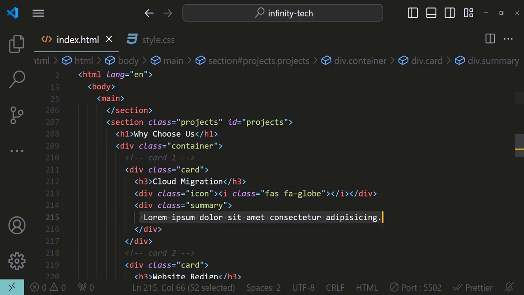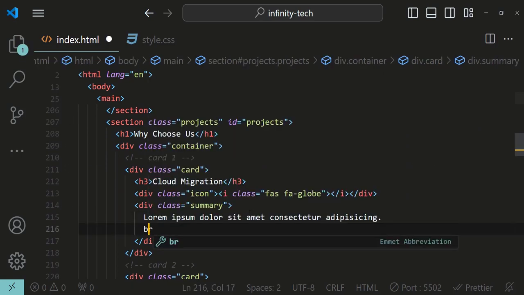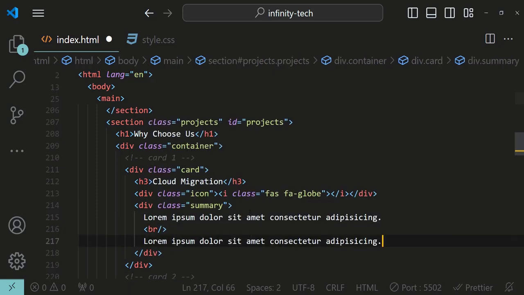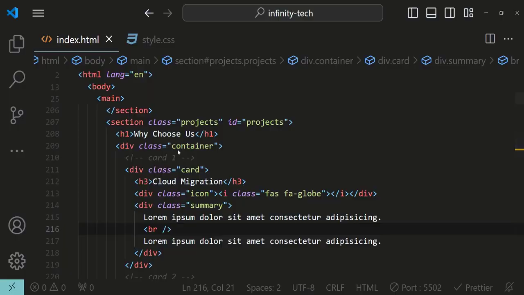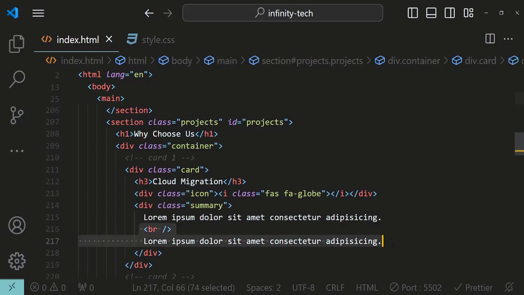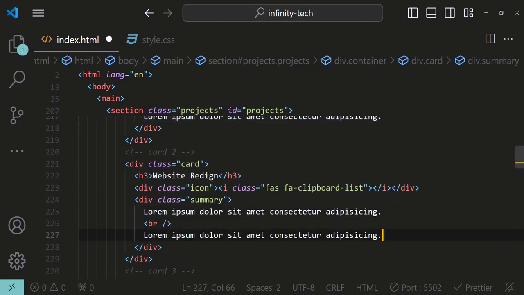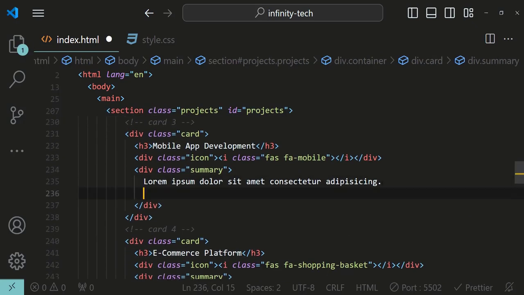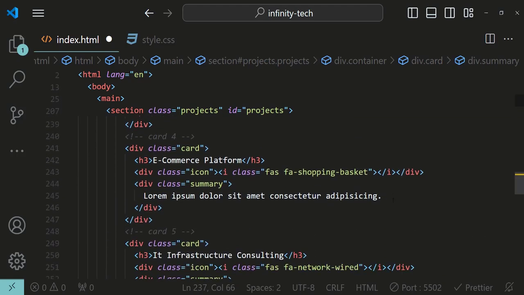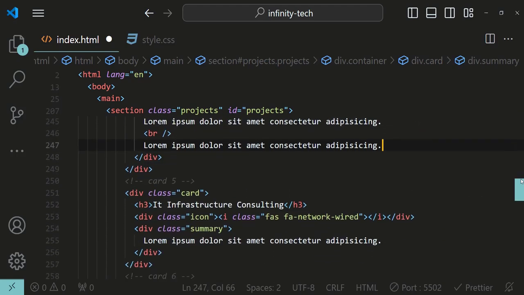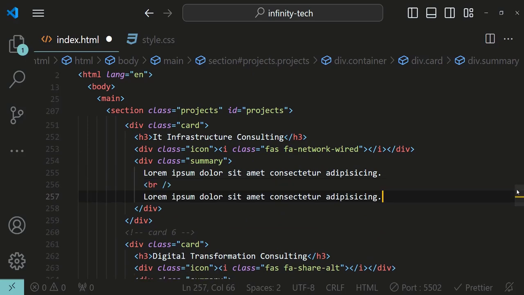Okay, so copy, line break and paste. We'll see its effect first. Okay, so copy this part and paste it to the rest of the cards. Card 2 paste, card 3 paste, card 4 paste, this is card 5,